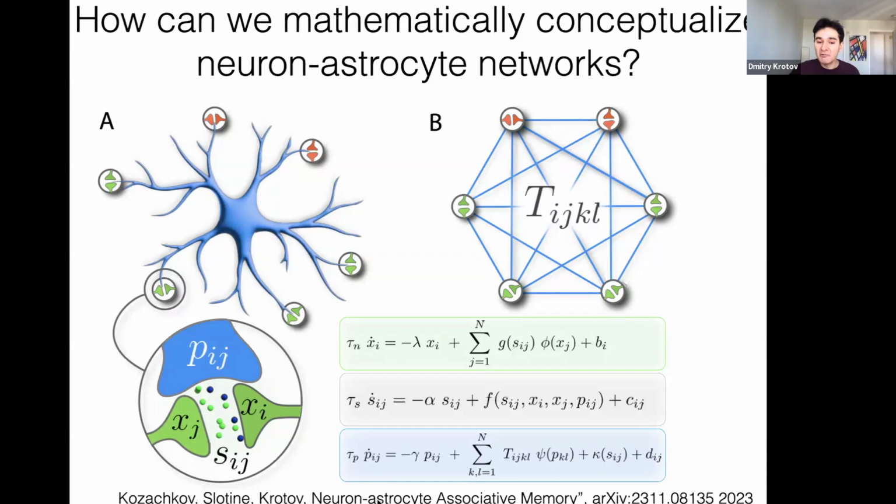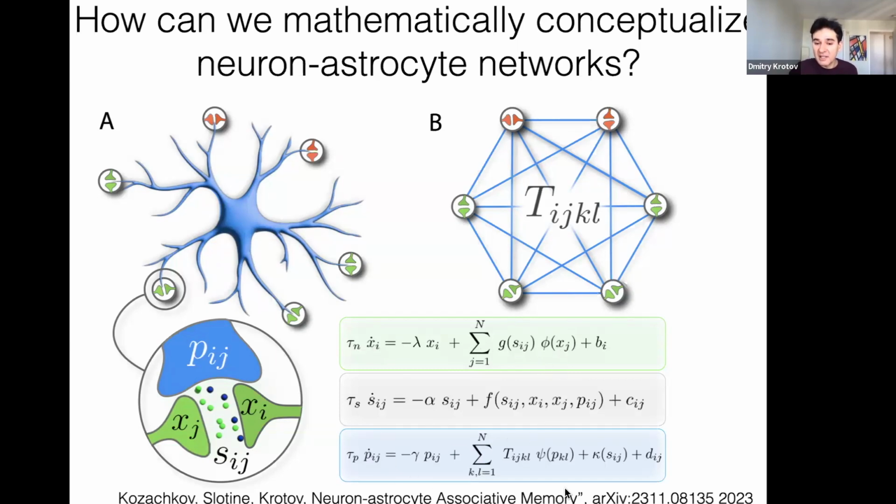Essentially, in the left-hand side of these equations, you can see the time derivative of all these variables. And in the right-hand side of the neural equation, you can see something that looks somewhat familiar. It's essentially a firing rate model. So phi of x_j is the firing rate of neuron j. There is some function of the strength of the synapse S_ij, and that tells you how neuron j communicates with neuron i.